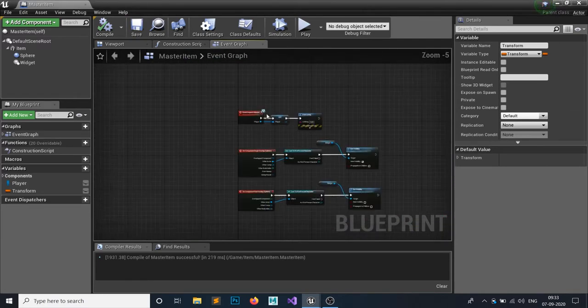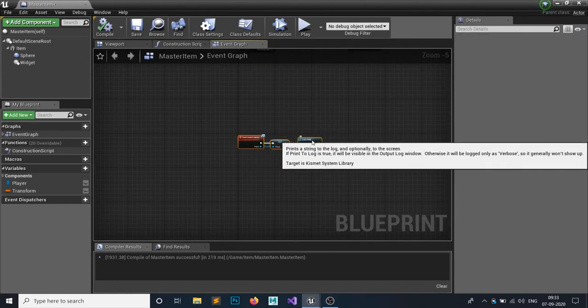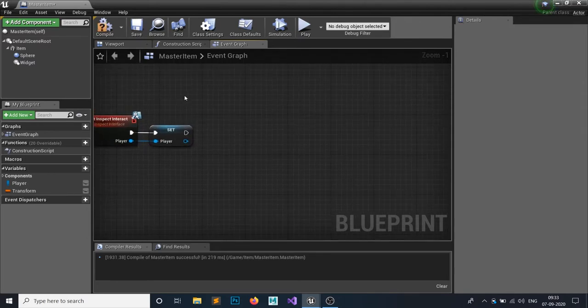So just drag this node a little bit so this will look a bit cleaner, and delete this for now. Whenever we hit the interact, our item should be, not spawn, but it will arrive on our player's camera screen.